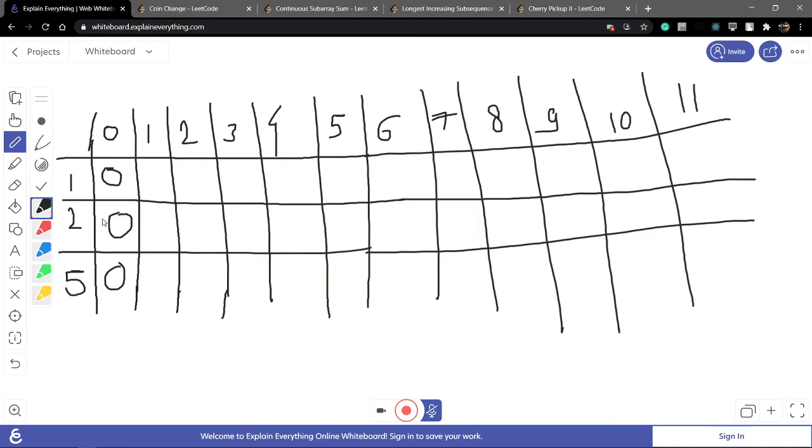Now coin. Not see the lower row, only see 1. You have to only have 1 coin and you have to make a 1 rupee. So how many minimum number of a coin required? 1. How many number of required if one coin make a rupees of 2? 3, 4, 5. How many number are minimum number of coin required to make a 6 from the one coin? Only a one coin, that is a 6, 7. So this is the same copy. Okay, but not copy. I am discuss about the what is the logic.